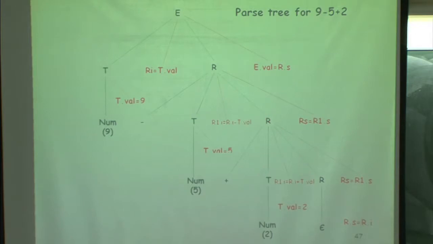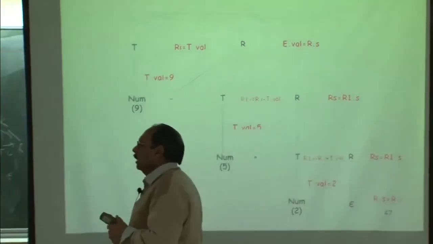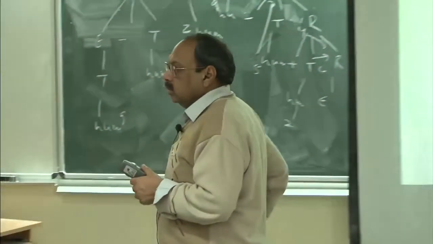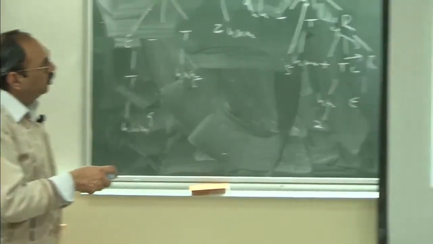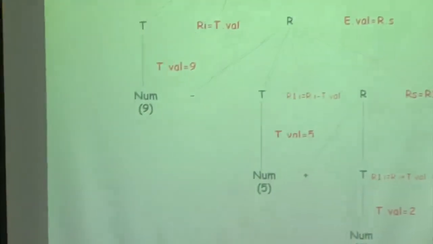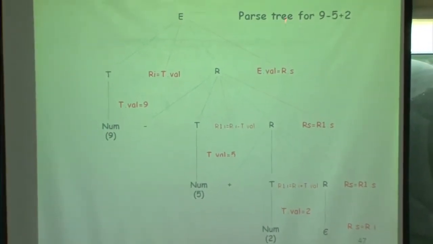Okay. So, this is how I put all these values, and now if I evaluate all these in the depth first traversal order, whenever I encounter a rule I just execute it. What will be the last rule to be evaluated? This will be the last rule to be evaluated, and what will be the eval? The right value, whatever is the right value of this expression.